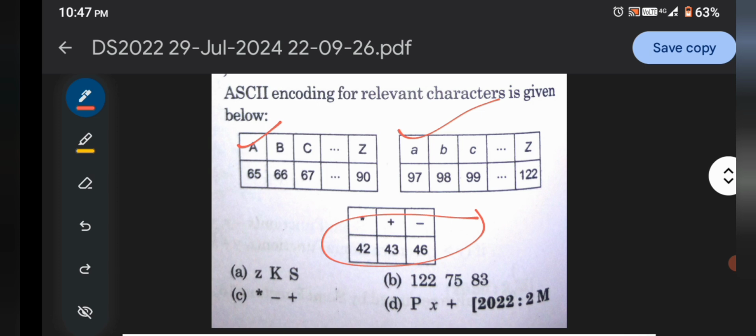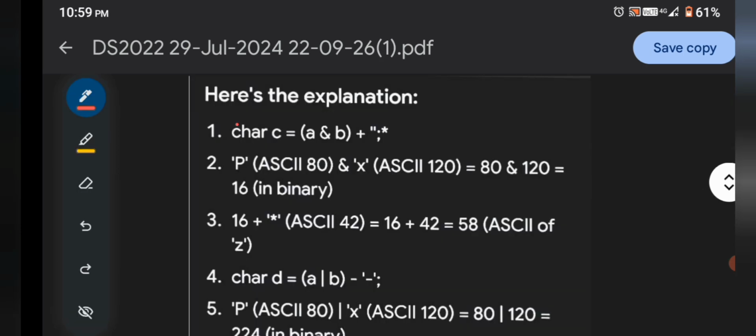Okay, now come to the solution of this question. This solution is very easy. Character C is written like this. Now for A, it is represented by 80, and the ASCII of B is 120.